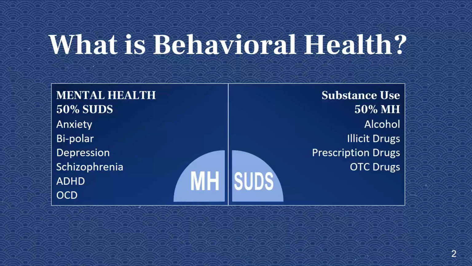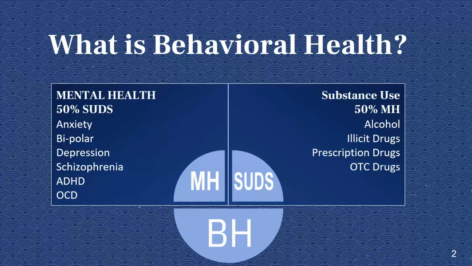The other side of behavioral health is the substance use side of things. And again, 50% of individuals with a substance use disorder have a mental health disorder as well. When we talk about substance use, it's things like alcohol and illicit drugs. In our community here in Bannock County in Southeast Idaho, we have seen, like across the country, an uptick in opioid use, a lot of heroin, prescription pill use, methamphetamine, alcohol, or abusing over-the-counter drugs. So those are the 2 major components of behavioral health.